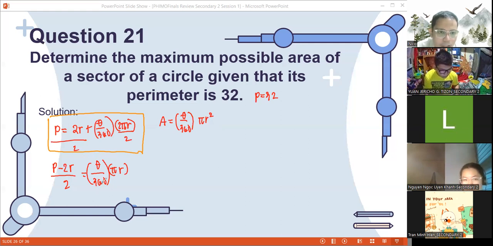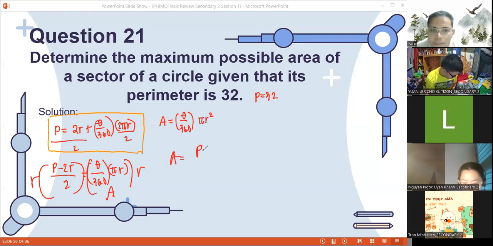So since this one is just r, it's completely the same, but you need to have r squared here. So it should be what? Times r, right? You should do times r. So this one, you multiply by r, you multiply this one by r also, because this one will become your area. So the area will become (P, or perimeter, minus 2r) over 2 times r. Now, we need to solve for our what? What do we have here? P minus,